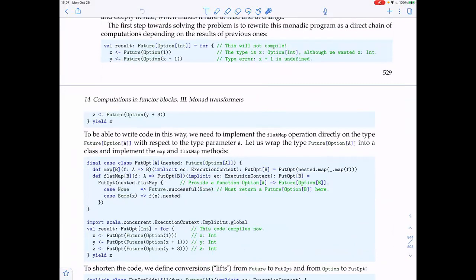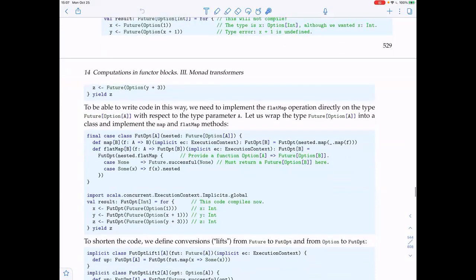because you're supposed to define a flat map that operates on the argument inside future option, but you have not written that. So in this code, that's what we would like to do maybe, but this does not work. So we need to implement the flat map operation with respect to the type parameter A inside here. And so we can do that, and then